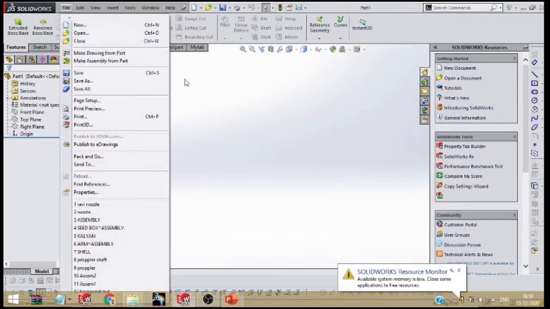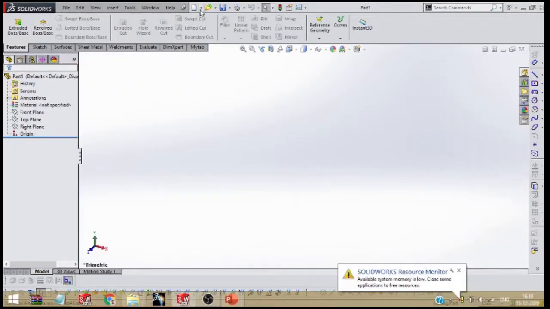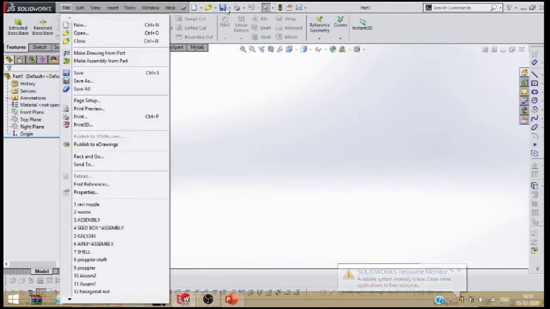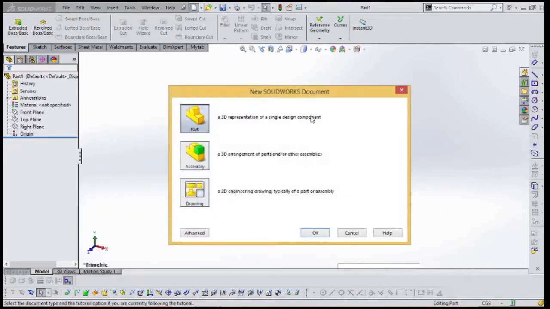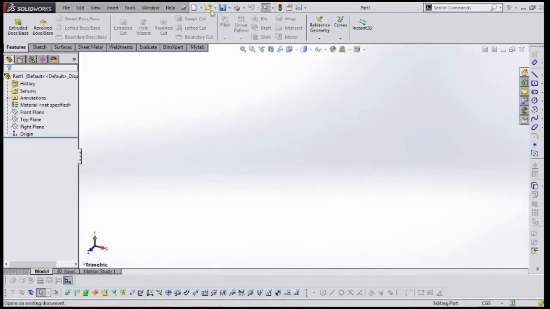And some of the shortcuts are also picked up and present here. Like here we can find new, and here also there is a new. Okay, here it is open and it is save.